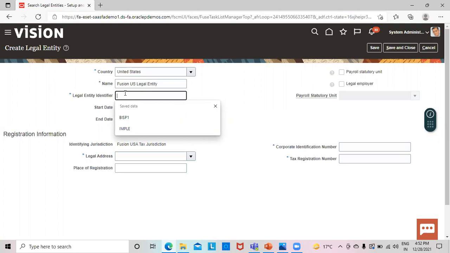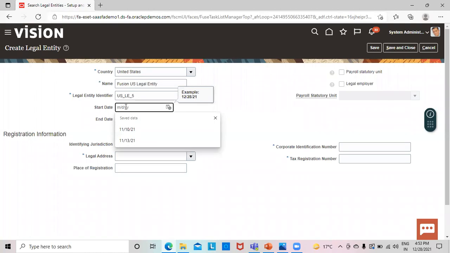It is a code which helps in clearly and uniquely identifying any legal entity. So we can give any code to this legal entity. Start date can be the date of registration of this legal entity. However, we'll take today's date as the start date.